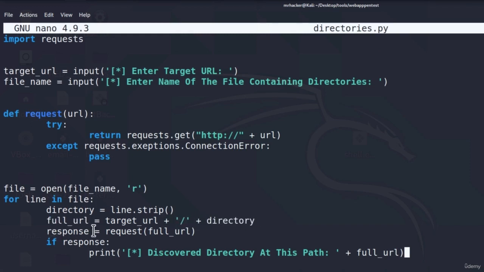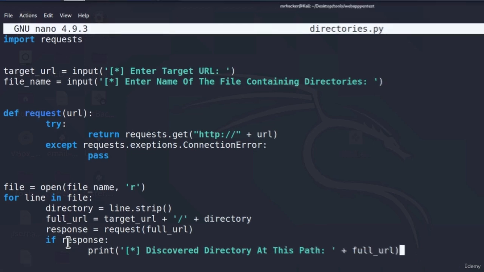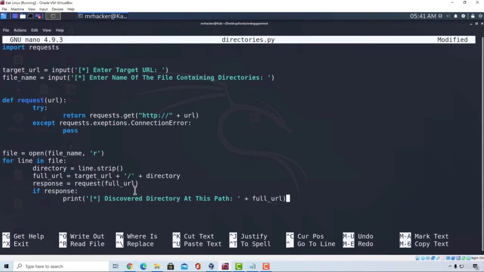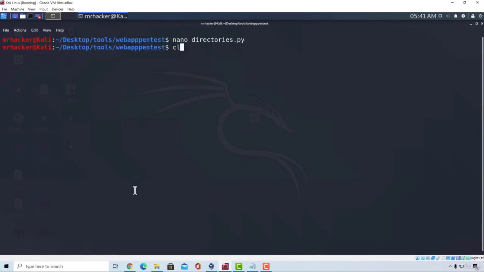Then we request that full URL, and if we manage to connect, we will return this value inside of the response variable. If we don't manage to connect, this response variable will stay empty, and then at the end we're just checking if there is something in response, and print that we discovered the directory at this path. If there is nothing inside of the response, it will not print anything. So let's test our program out. I will save this, and all we need to do is python3